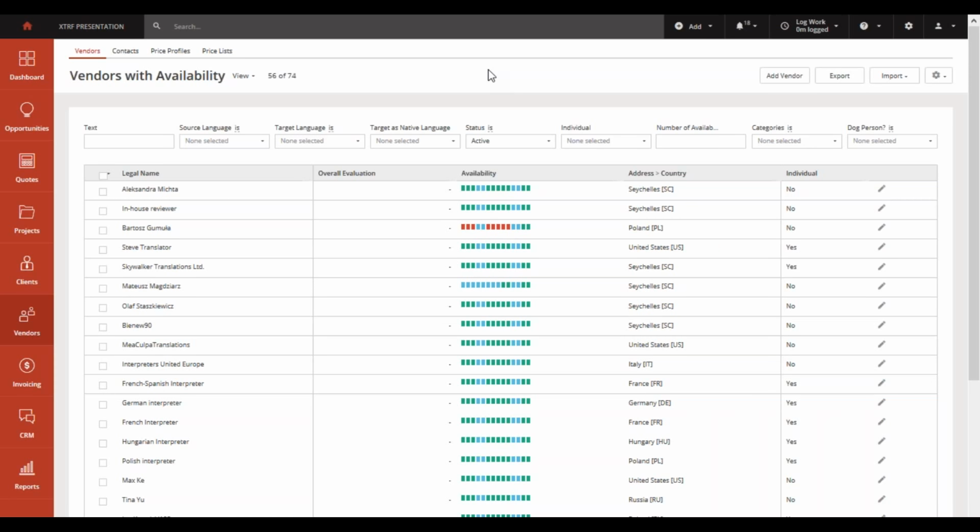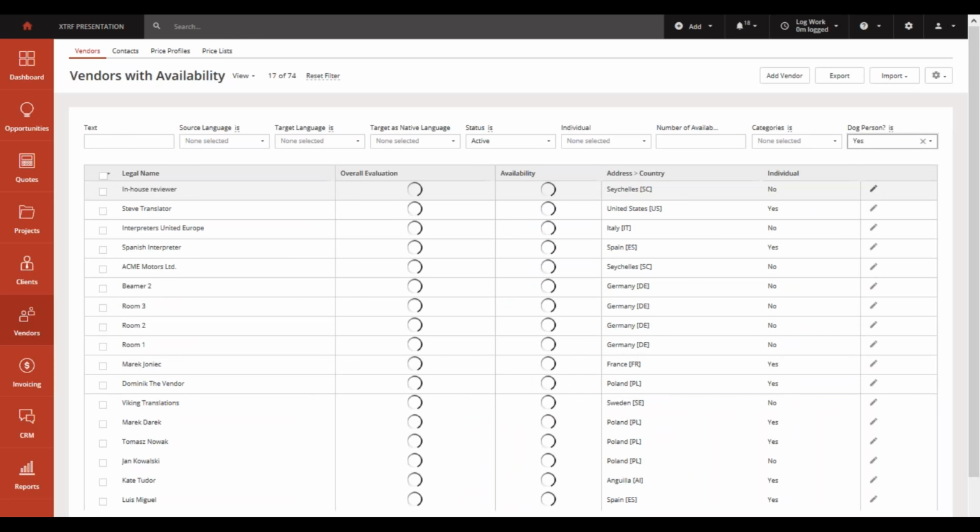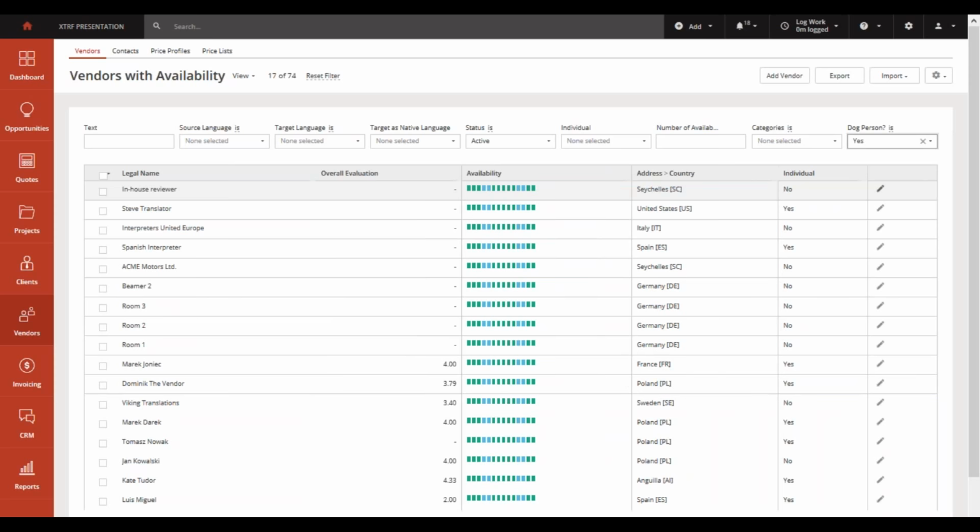So what else can you do in this view? For example, we have created a custom field that we can see whether this person, the vendor right here, is a dog person. So does he love dogs or cats? And here on the right hand side, we have a custom field named this. And if we switch it to yes, we can lower the amount of vendors easily to 17 out of 56, and only those vendors are the dog lovers in your company. Of course, this is just an example. You can use it anyway, but this is one of the cool features that you can use. You can use the custom fields to filter out the